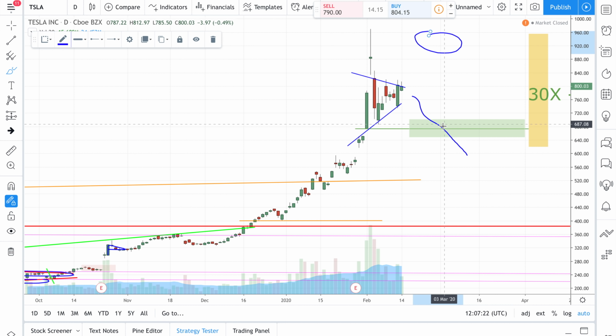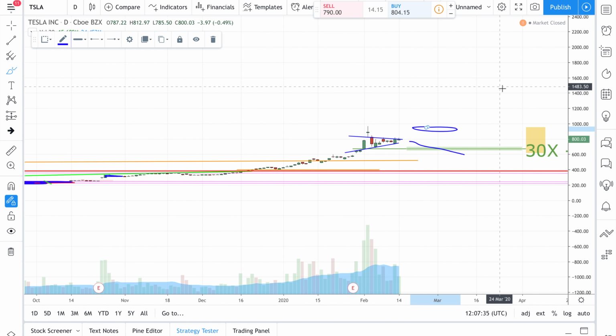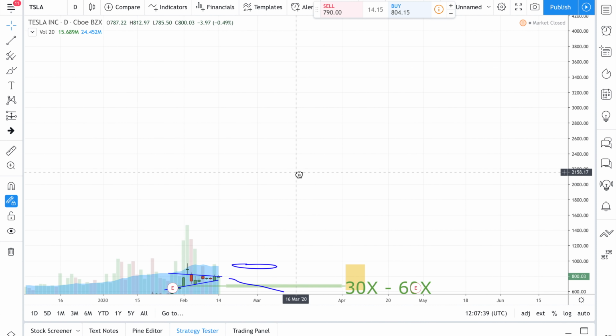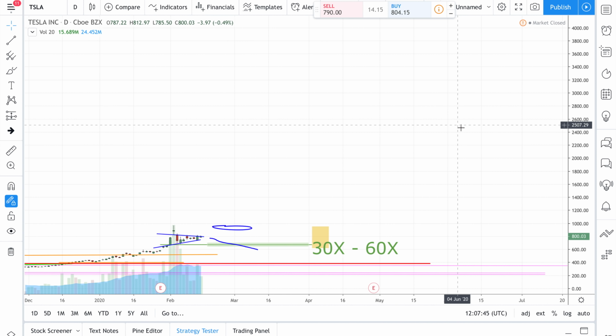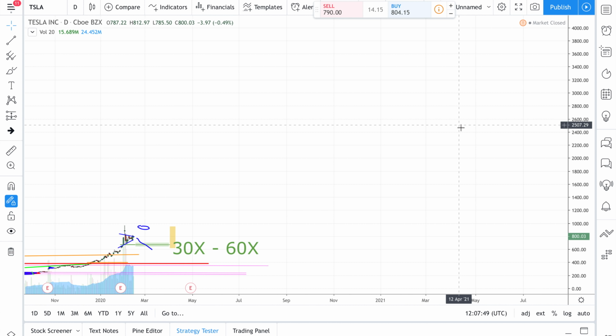So the thing is, you buy it, and after a while the stock may bounce here or it will go down further. But in the long term, I drew a chart last time where, let me just do a quick one. I was just doing this a while back, and if I keep scrolling down, I expect the stock to be like $3,000-$4,000 in 4 years' time. So let me just zoom out a little bit more. If I scroll down,